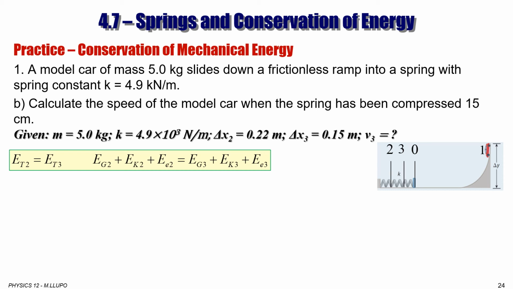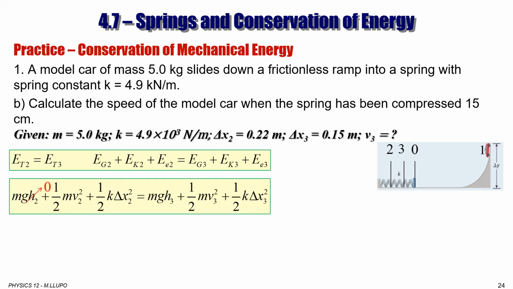You do total energy on point 2 is equal to total energy on point 3, and we write the same thing. Gravitational potential energy on point 2 plus kinetic energy on point 2 plus elastic energy on point 2 is equal to gravitational potential energy on point 3 plus kinetic energy on point 3 plus elastic energy on point 3. There are a few things: gravitational potential energy on point 2 and on point 3 are 0 because they are at the same level. Then remember that speed at point 2 is 0. That makes kinetic energy on point 2 0. And now we can solve for